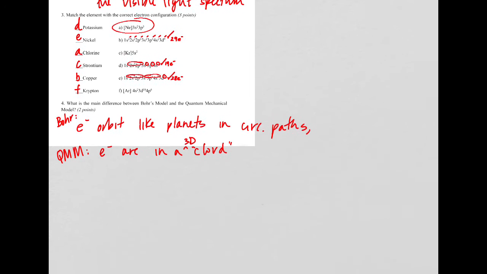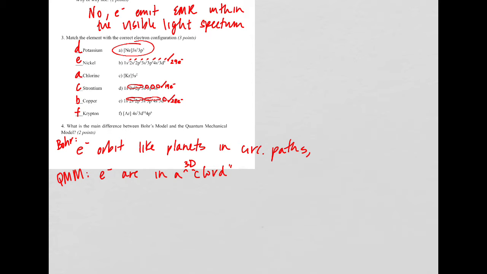In circular paths. That's what Bohr said. And remember that the quantum mechanical model actually shows us that electrons are in a cloud. A 3-dimensional cloudish structure, right? So they're in a 3D cloud spinning around the nucleus. And that is the main difference between these two, because the quantum mechanical model actually incorporated the other 2 components of